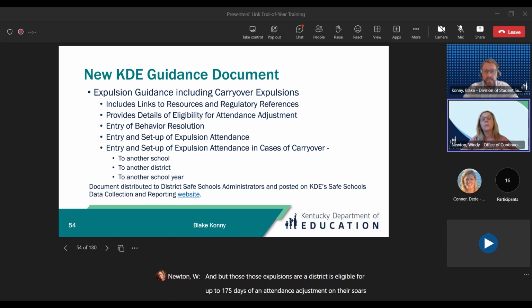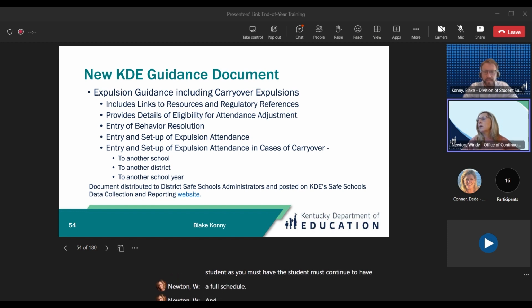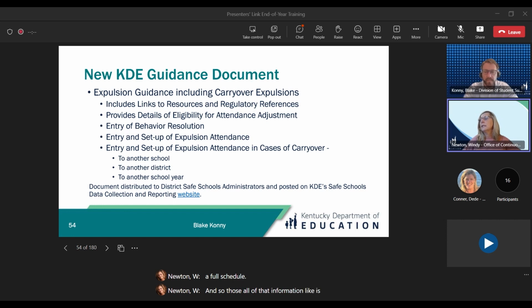So it's very important to make sure that you enter the information correctly in Infinite Campus through the resolution particularly, but also when trying to track attendance on those expelled students. Another key with an expelled student is that the student must continue to have a full schedule. All of that information is within that document.